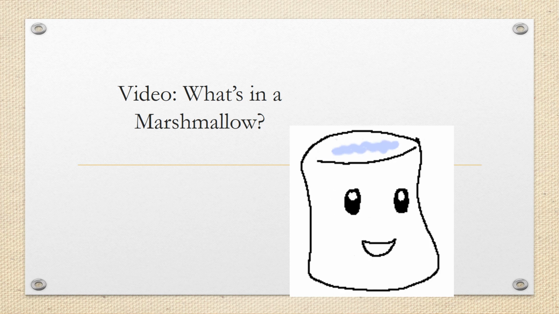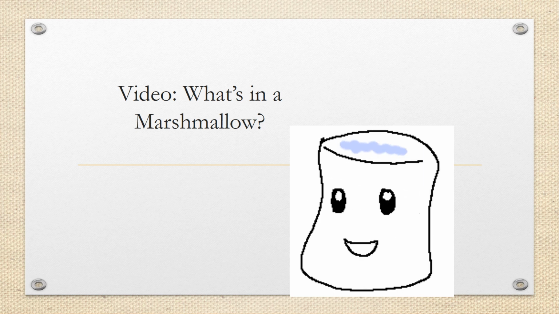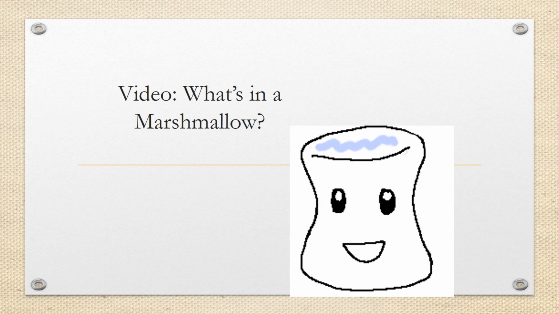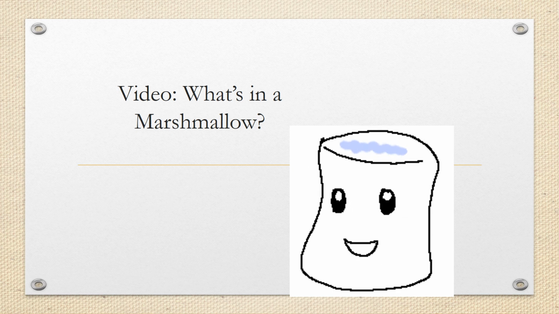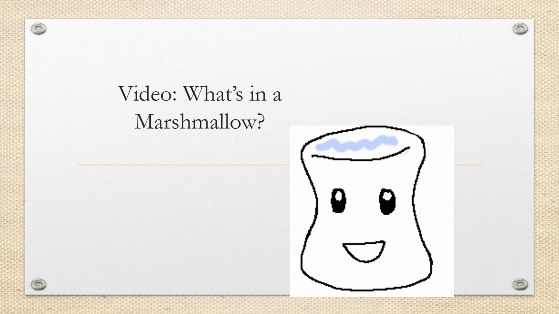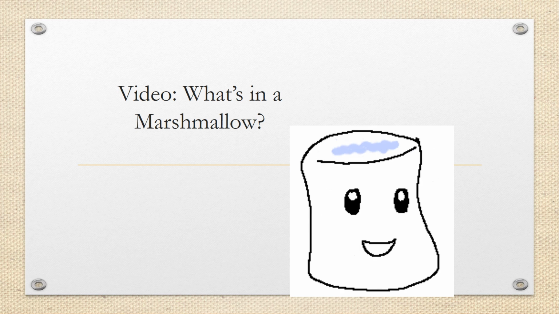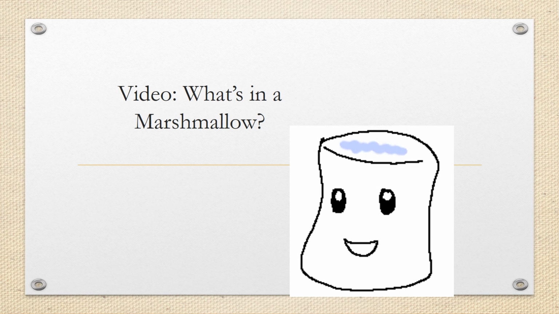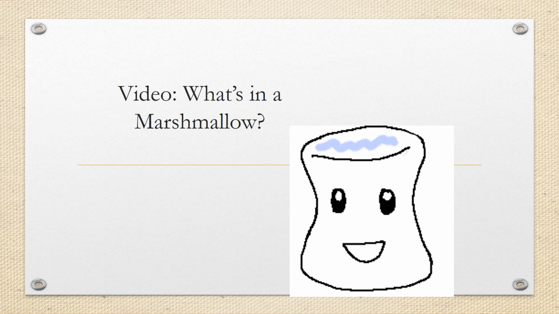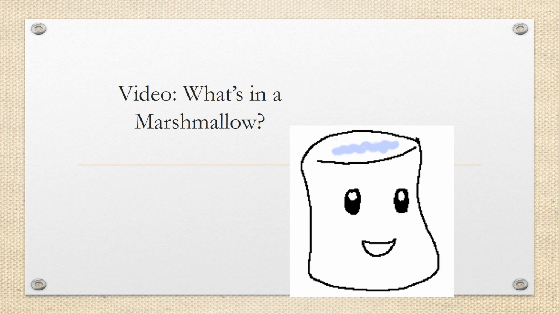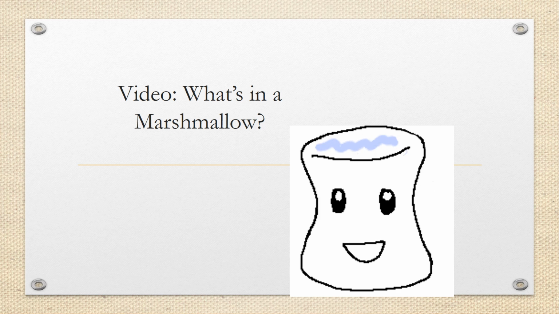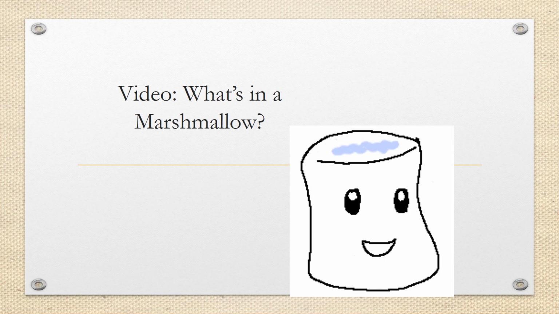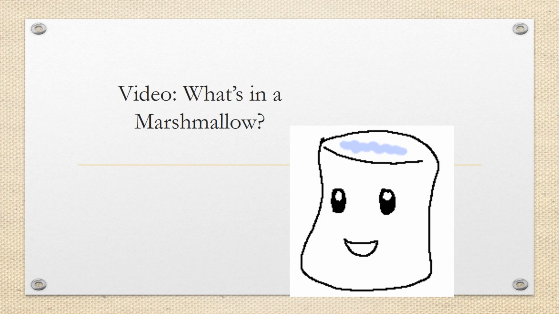I wanted to share a famous experiment with you that looks at executive function in children, and that is the marshmallow experiment. The marshmallow experiment was performed back in the 70s at Stanford University, and it took a look at what happens when young children, age 4, are asked to delay gratification.